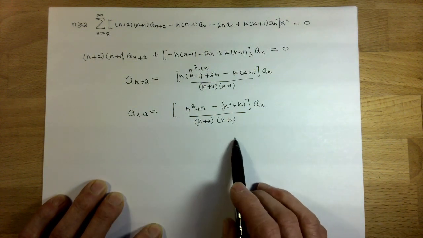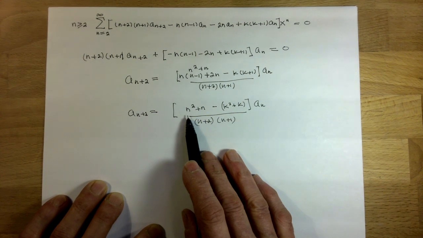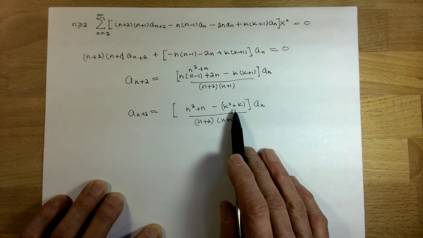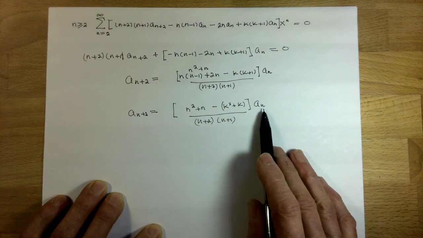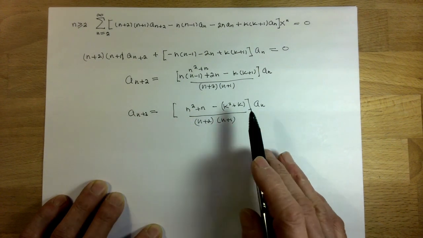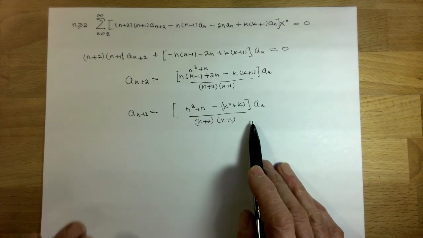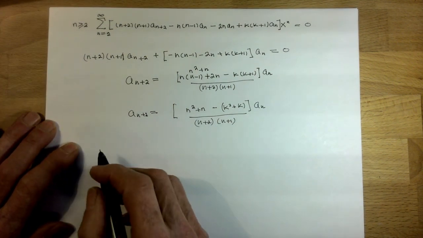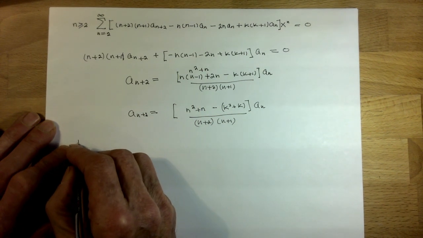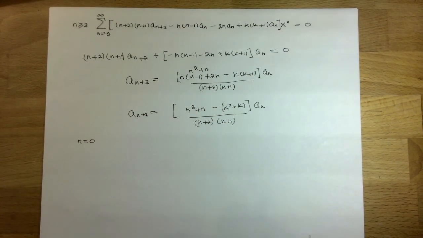This is a very interesting relationship because k is going to be an integer. And when n hits that integer, this numerator is going to be 0. And therefore, a sub n plus 2 is going to be 0. And then a sub n plus 4 is going to be 0, etc. So all the a sub n's after that are going to be 0. Let's go back and deal with the case n equals 0 and n equals 1. For n equals 0, we have